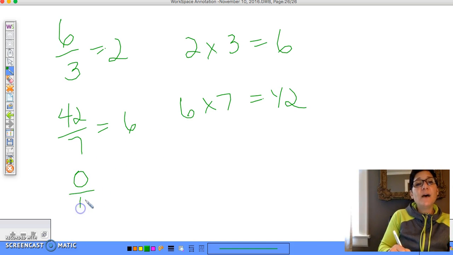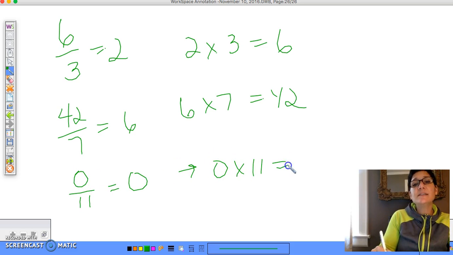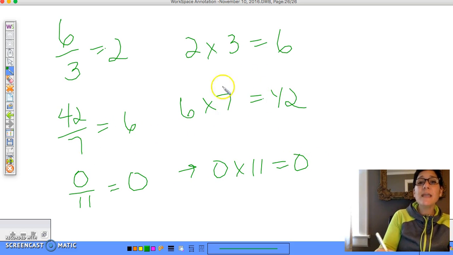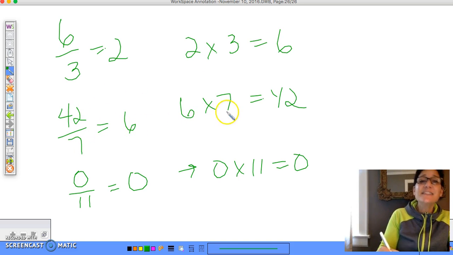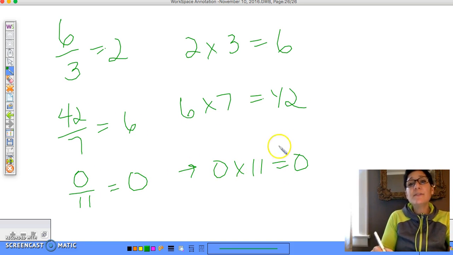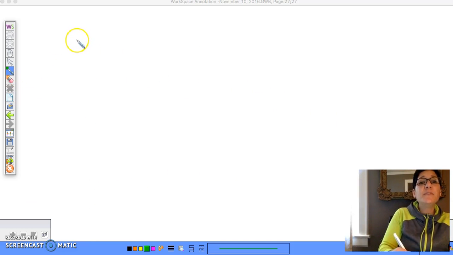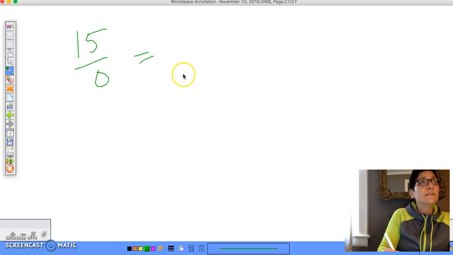0 divided by 11 is equal to 0, because 0 divided 11 ways is still 0. So 0 times 11 is equal to 0. So here we are: 6 divided by 3 is 2, 2 times 3 is 6, 42 divided by 7 is 6, 6 times 7 is 42, 0 divided by 11 is 0, 0 times 11 is 0. And then all of a sudden we come to 15 divided by 0 equals,